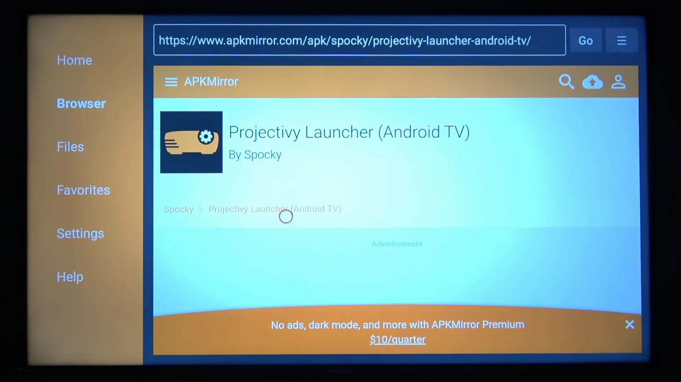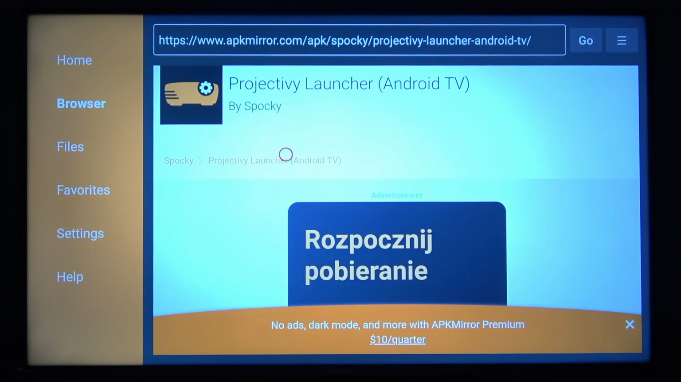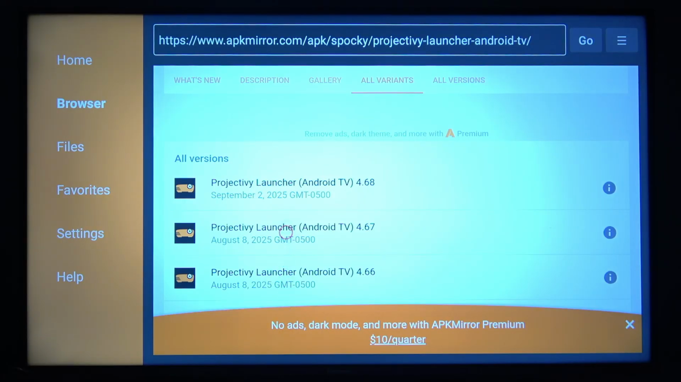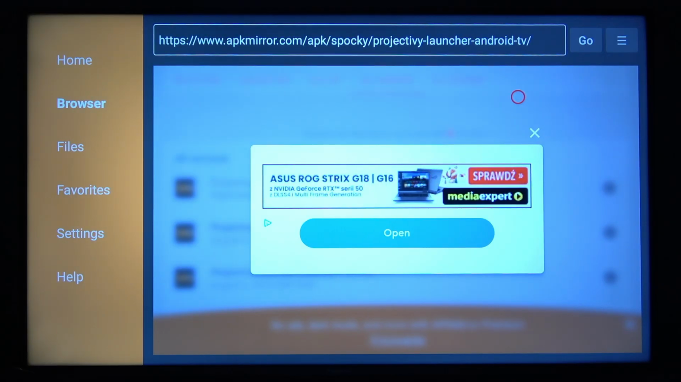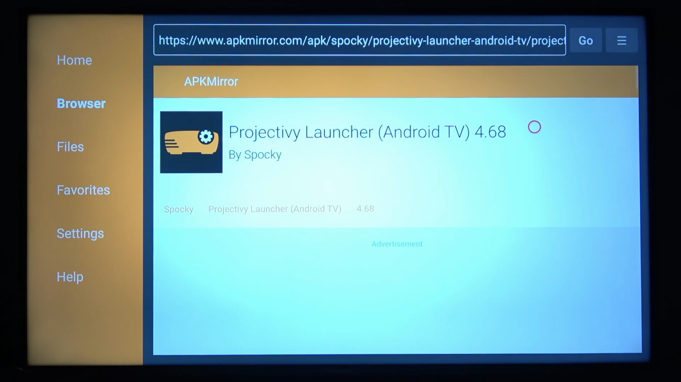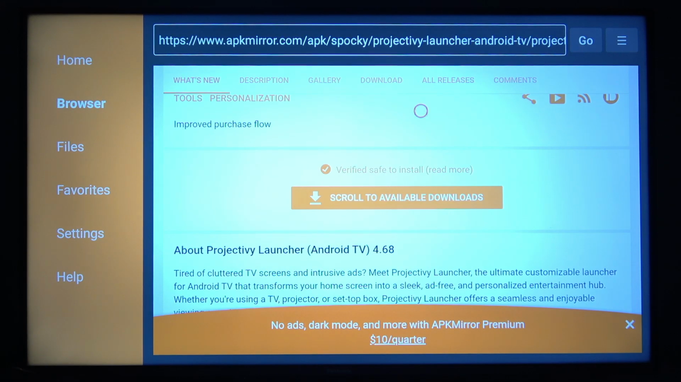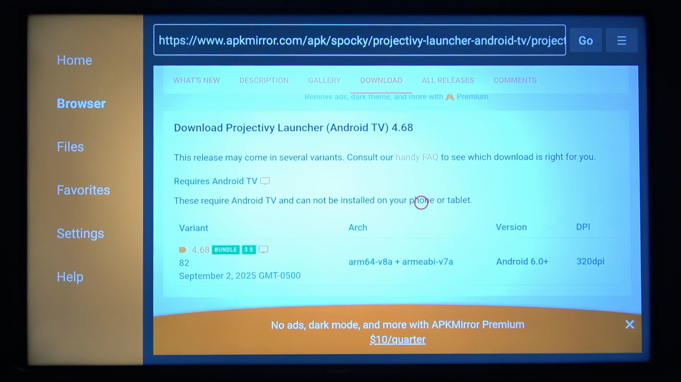Okay, let's agree to privacy policy once again, and now let's scroll down until we see the versions of this application, and here we have the Android TV, the latest released version 4.468. Now let me just close this ad. It's kind of tricky with this remote control. Okay, and after that let's navigate to scroll to available downloads. Let's scroll to the available downloads, and here we have the only one variant, and as you can see, it